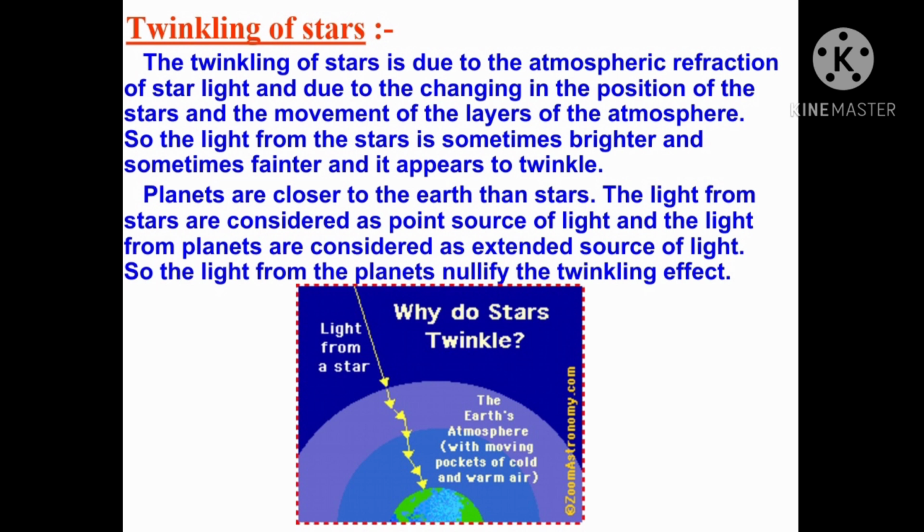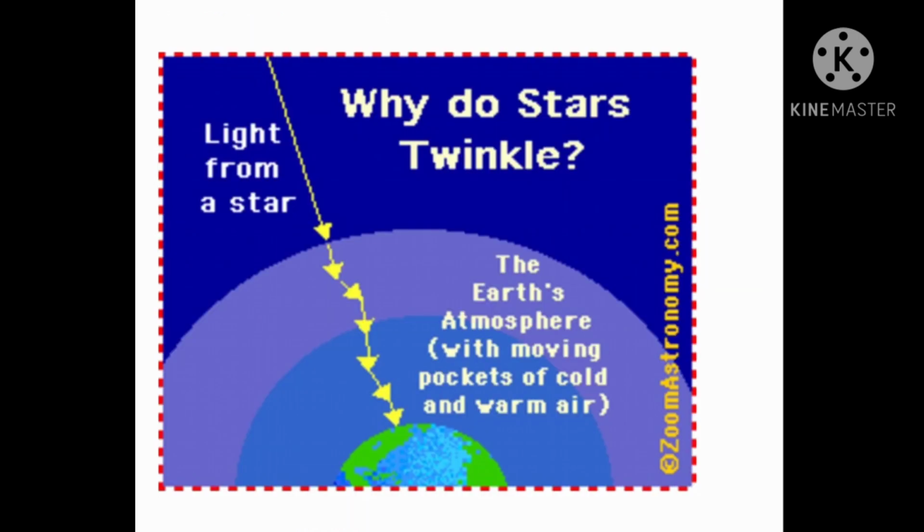The twinkling of a star is actually due to atmospheric refraction of starlight. The starlight on entering the Earth's atmosphere undergoes refraction continuously before it reaches the Earth. The atmospheric refraction occurs in a medium of gradually changing refractive index. Since the atmosphere bends starlight towards the normal, the apparent position of the star is slightly different from its actual position. Sometimes the star appears slightly higher than the actual position when viewed near the horizon.